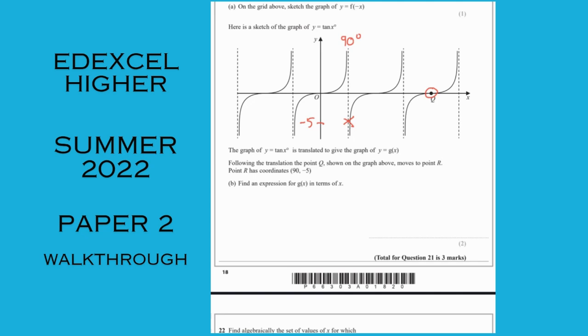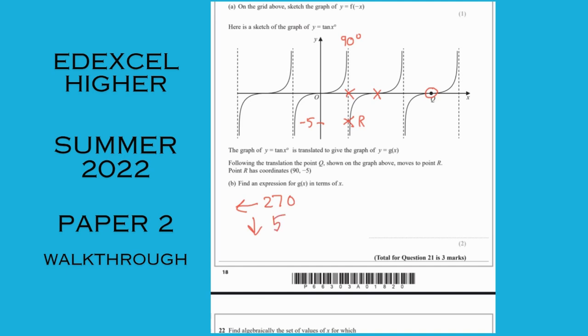So how do you move from Q to here? Well, if we go left 180, we get to there. We need to go left another 90 degrees to get to here. So left 270,